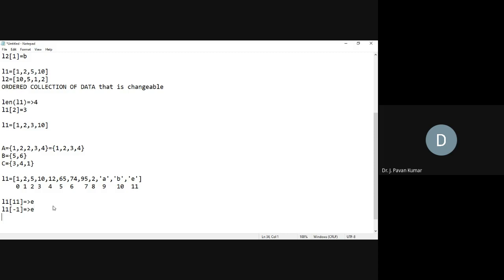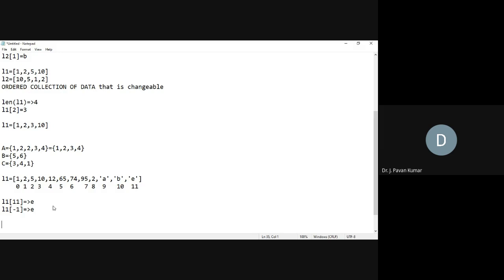Next, with respect to strings we have seen ranges, like str of 2 to 5. What characters will be printed? Index 2, index 3, index 4 characters will be printed.